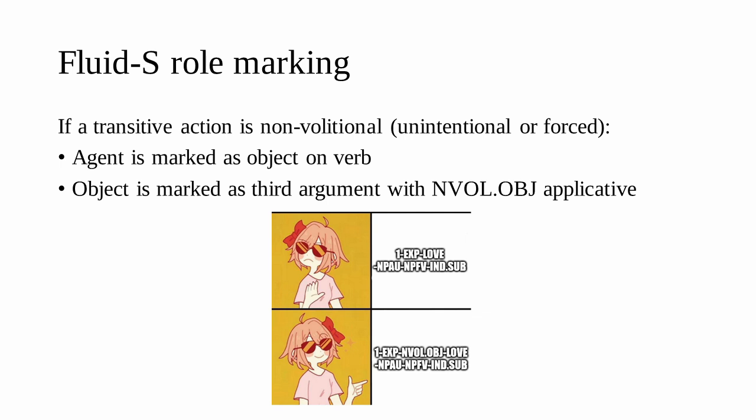Conchord uses fluid S marking based on volition, meaning that the subject of an involuntary object is marked on the verb as the object and the subject is null. Transitive involuntary verbs use a special applicative for the direct object, labeled as envol-obj. The old version of the verb implied that Bella deliberately chose to fall in love with Edward, when in reality, Bella does not exist due to being a fictional character, so she cannot actively decide to fall in love with the sexy vampire, hence the non-volitional marking.